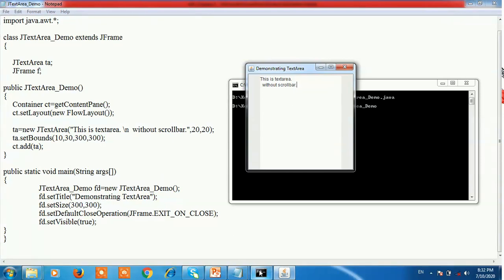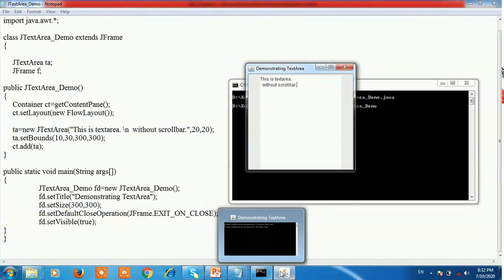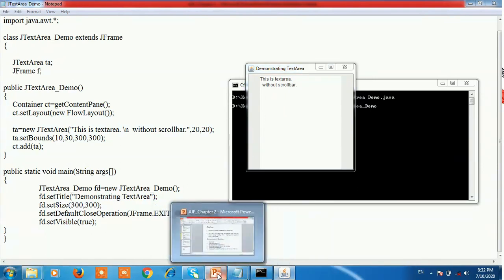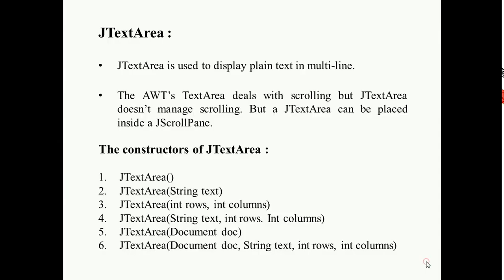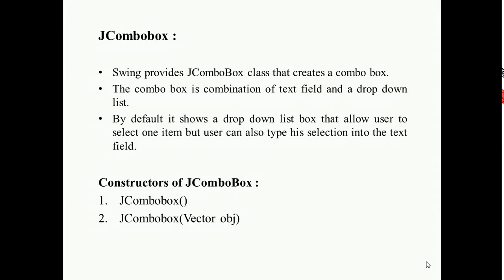Now next see the JComboBox. Next see the JComboBox Swing component. Swing provides the JComboBox class that creates a combo box. Means the combo box is a combination of the text field and the drop down list.